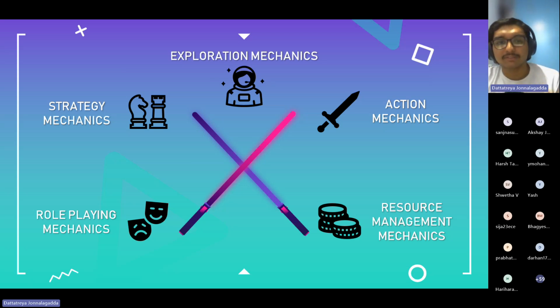Resource management is generally roughly the same. Almost every game that has a currency system has it in a similar way. Action mechanics are where players' input is actually needed, and that causes something to happen in the game. Exploration mechanics is what are the ways in which they explore the world, not just movement, but stuff like what are the